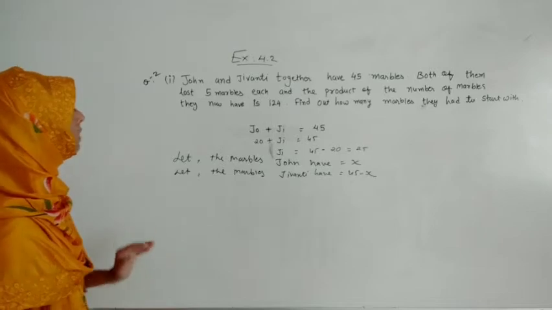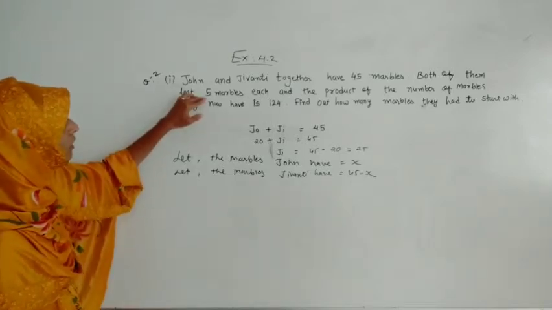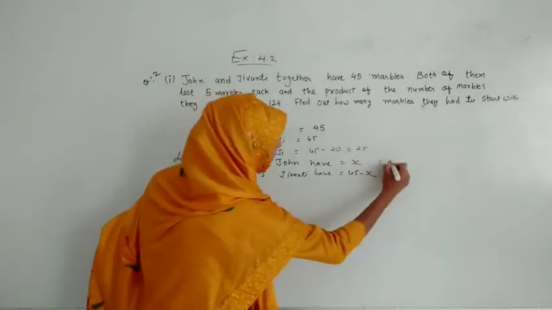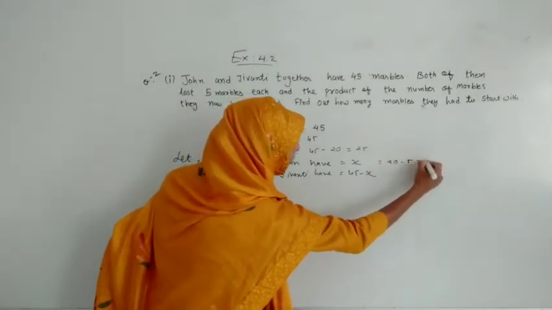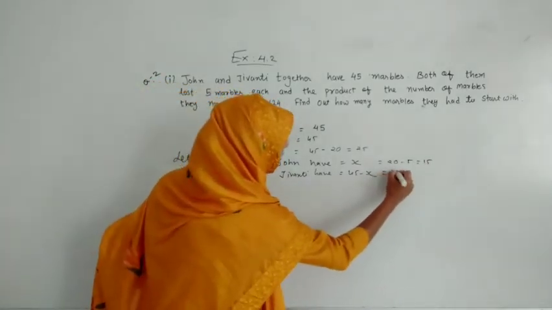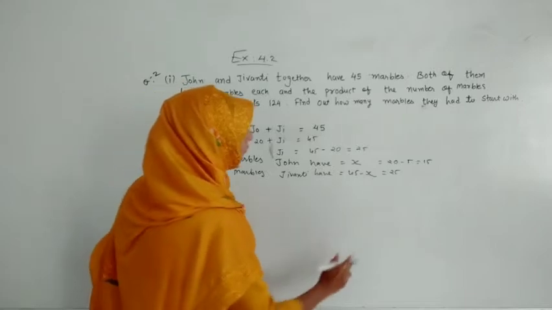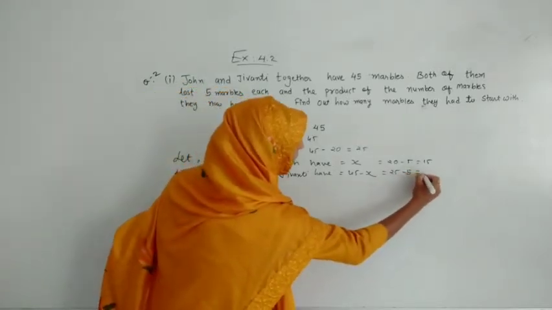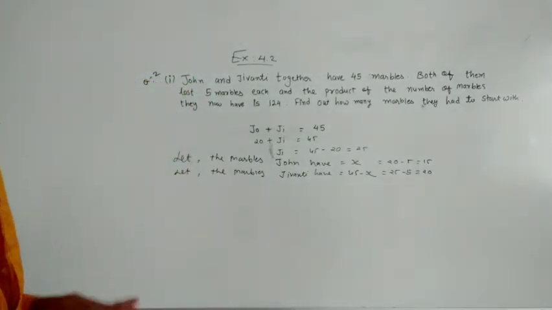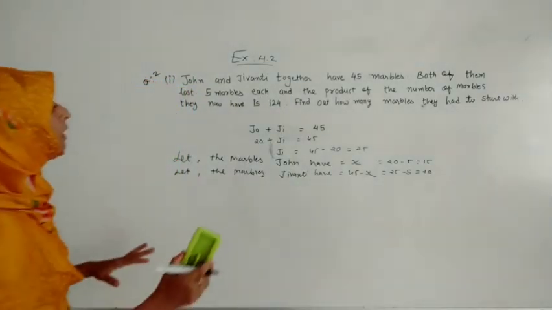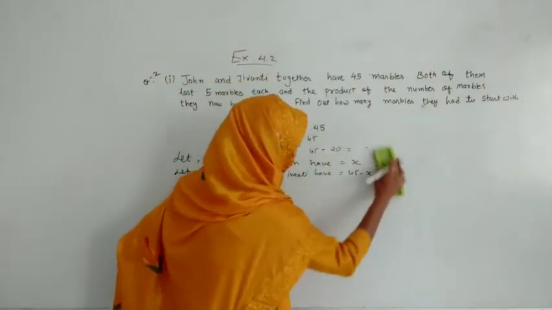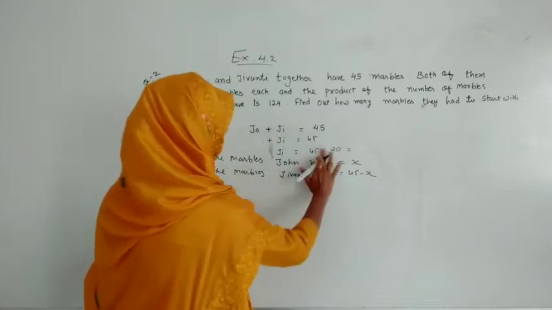Now the new situation is that they both are losing 5 marbles each. Both lost 5 marbles. So if he has 20 marbles and he loses 5 marbles, then he has 15 marbles. And similarly, if Jivanti has 25 marbles and if she is losing 5 marbles, the marbles she has right now will be 20. Means understood this concept, but this is in the form of guessing. We actually have to find that only, but the concept is like that.